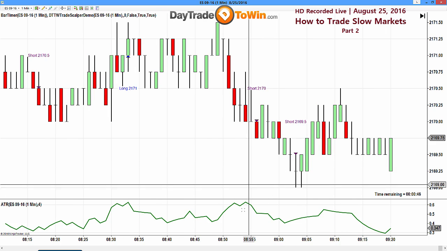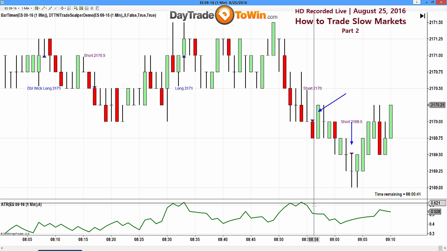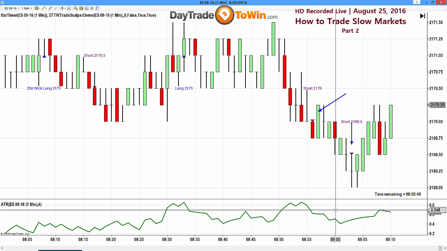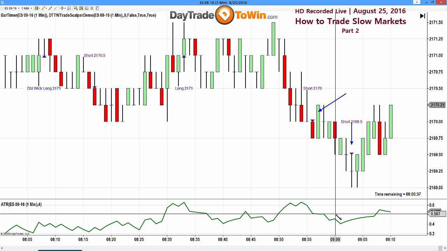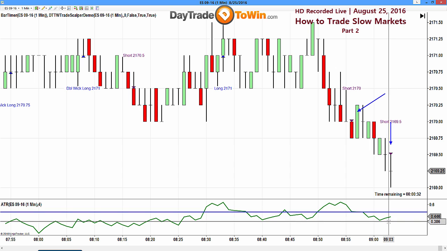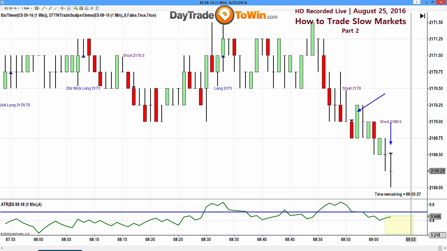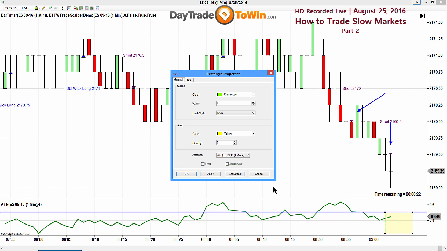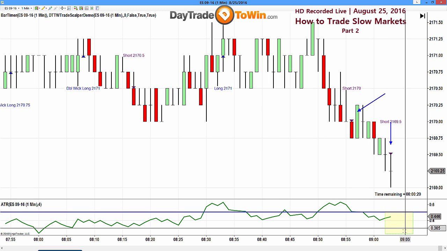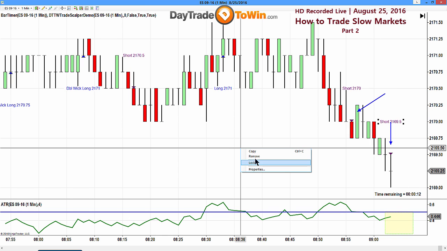Now, pre-market here, you have a couple of signals, right? So you have a short here and a short here. If you remember, I mentioned to you, not worth trading when the market's slow. Well, this signal here to go short at 2169.50 occurred at 1 tick. This is why that filter exists. If I place the filter at only show me trades with 2 or 3 ticks on the ATR minimum, this would not be seen.